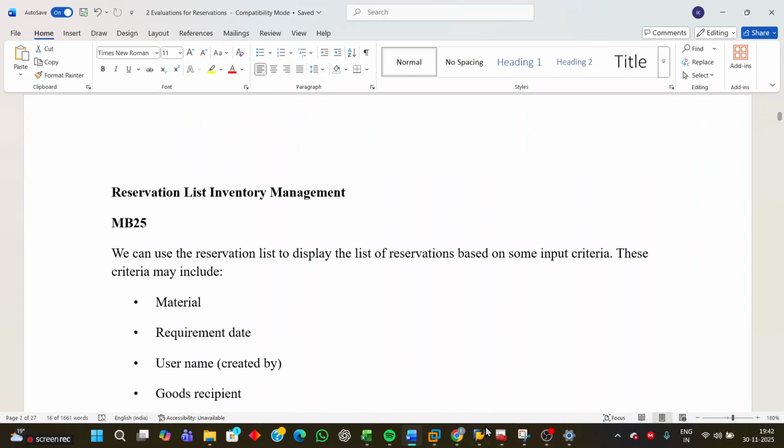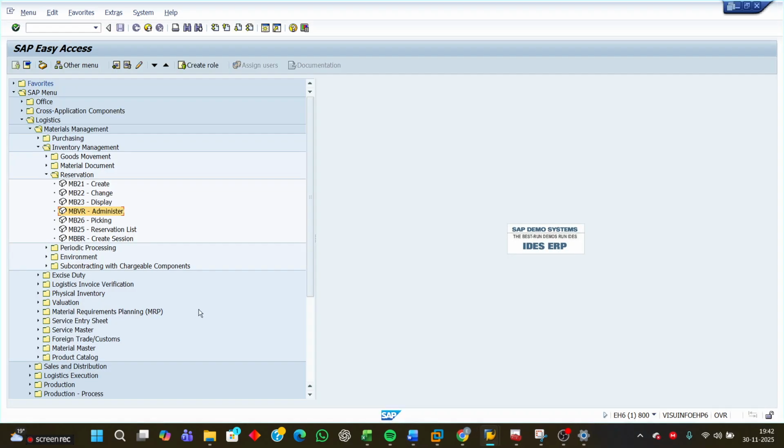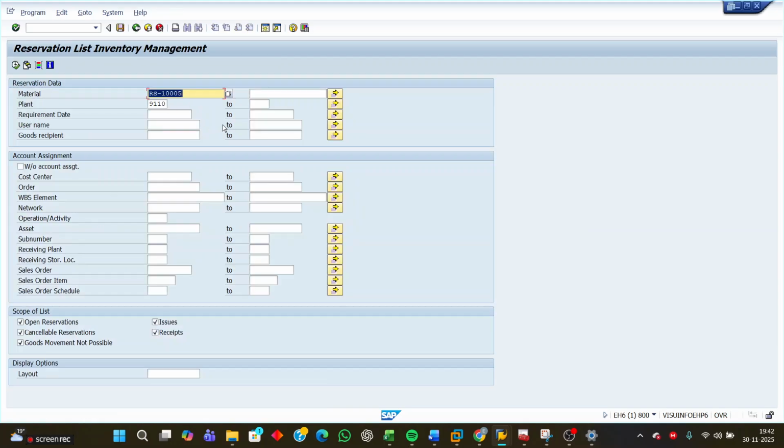So let me take you to the SAP screen here. For example, this is the MB25 transaction code. It comes under logistics, material management, inventory management, reservation list. Let us go to MB25 here. So here we can display the list of reservations based on our input criteria. It can be the material number, it can be the plant, it can be the requirement date, it can be the username. Okay, and if it is subject to account assignment, we can also input the cost center and